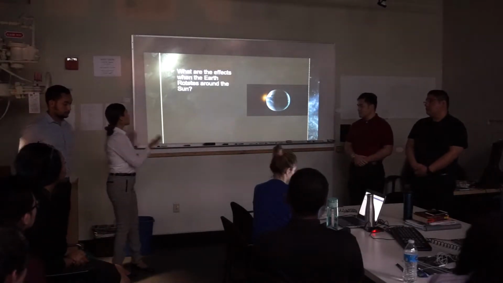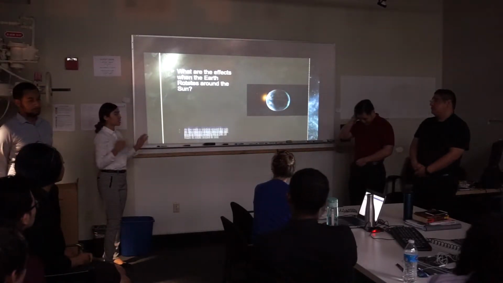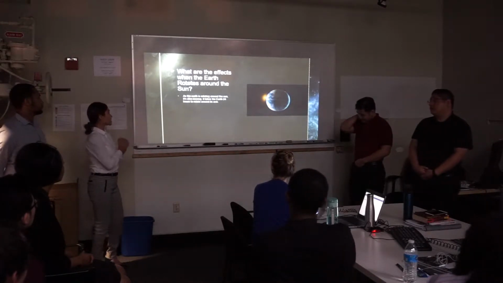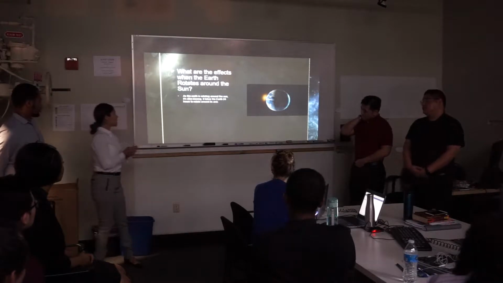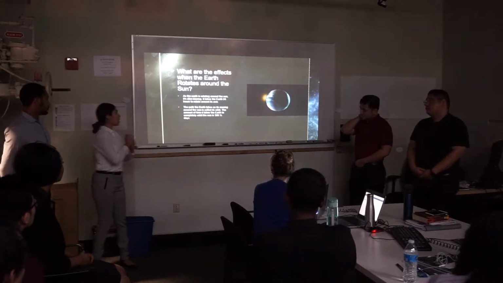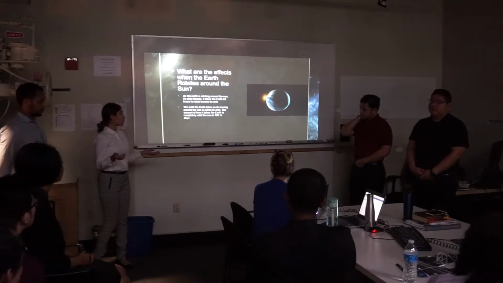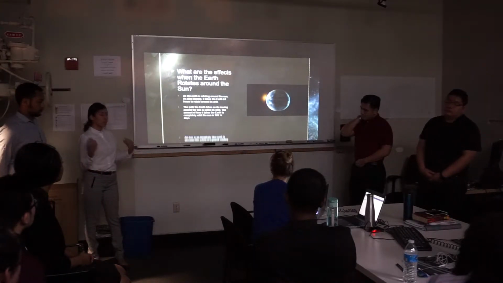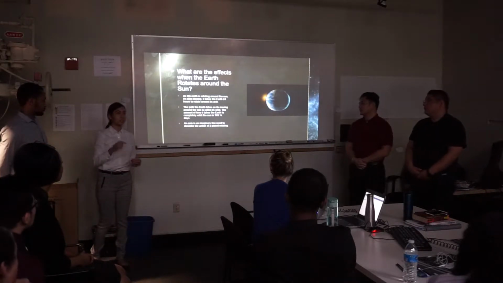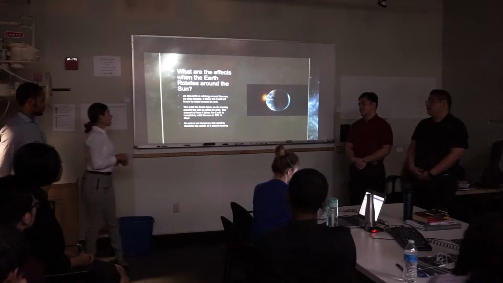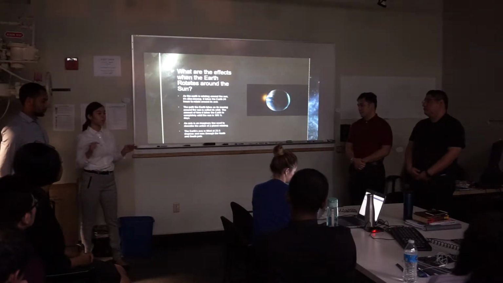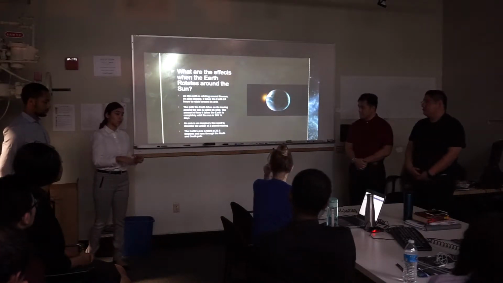Okay, so I covered the effects of the Earth rotating around the Sun. Basically, as the Earth is rotating around the Sun, it's also moving. It takes the Earth 24 hours to rotate around its axis. The path that the Earth takes as it's moving around the Sun is called its orbit, and the amount of time it takes the Earth to completely orbit the Sun is 365.25 days. An axis is basically an imaginary line that goes through the north and the south pole of Earth.